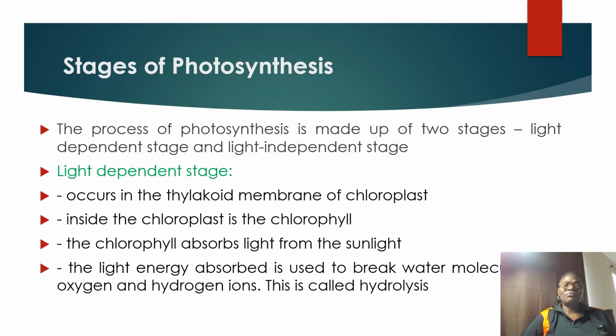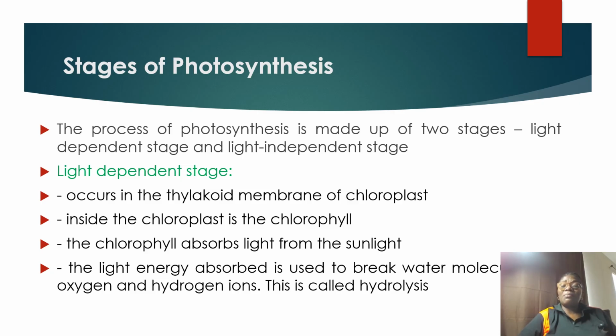Now, let's look at the different stages of photosynthesis. The process of photosynthesis is made up of two main stages. We have the light dependent stage and the light independent stage. The light dependent stage is the first stage of photosynthesis, and it is the one that requires light. That is, the light is very important. It occurs in the